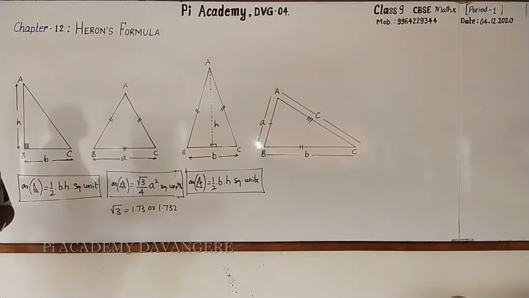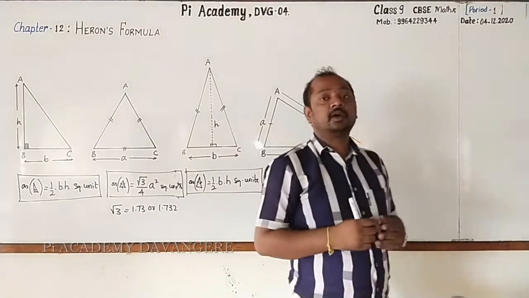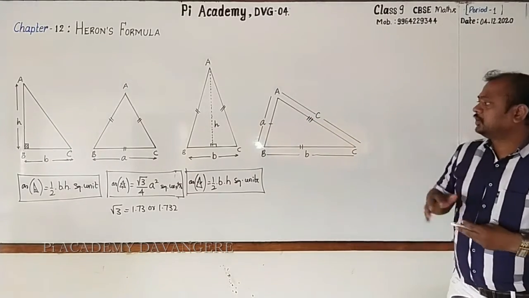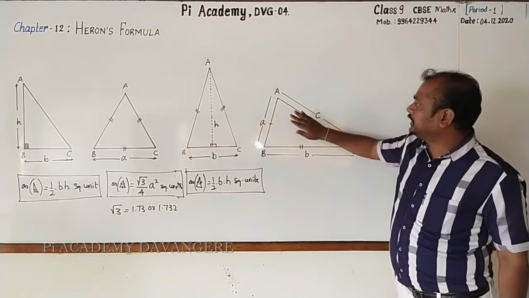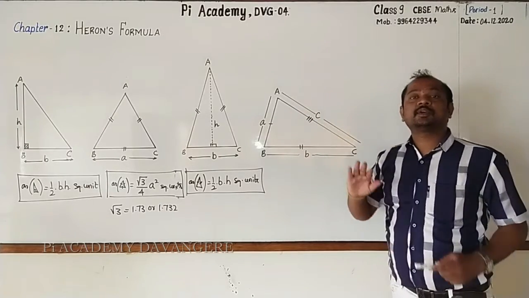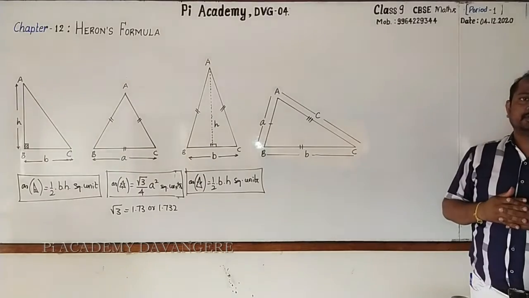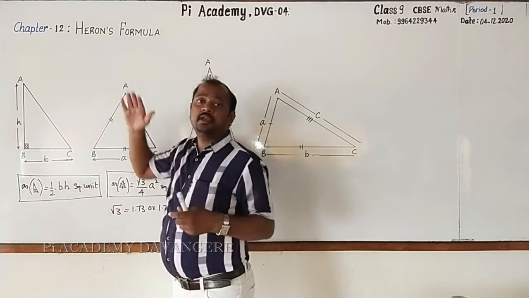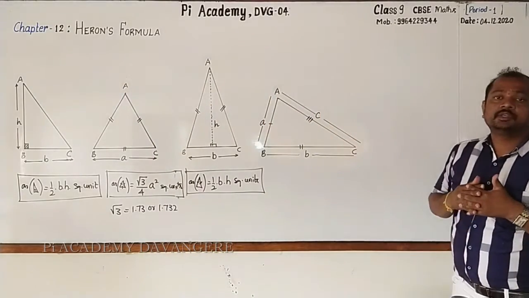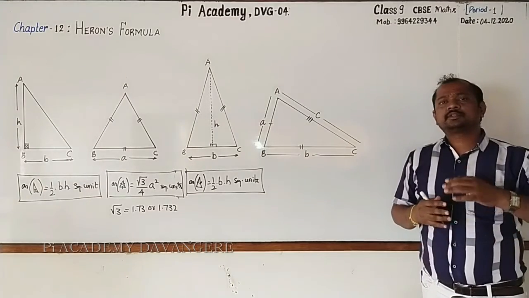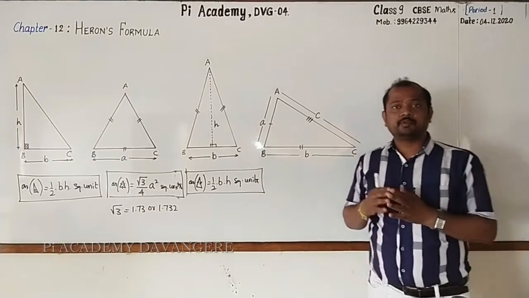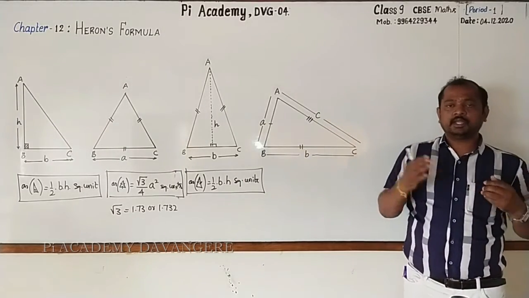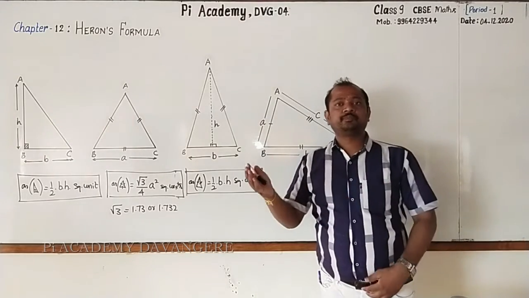Then what formula should be used to find out area of a scalene triangle? Okay, in which all the three sides are unequal. We have a formula to find out area of a scalene triangle. It was derived by a great mathematician. He is an Egyptian mathematician. He is Heron. He is also known as Heron. And he has given a lot of contribution to the field of particularly geometry. It may be to find out the area of the solid figures like area of the cone, area of the